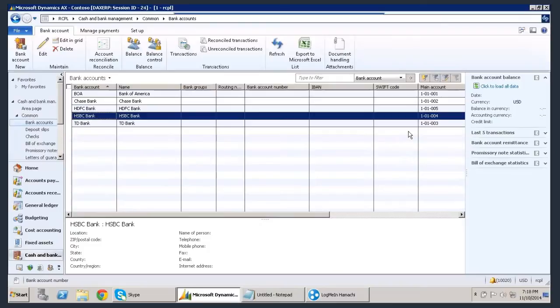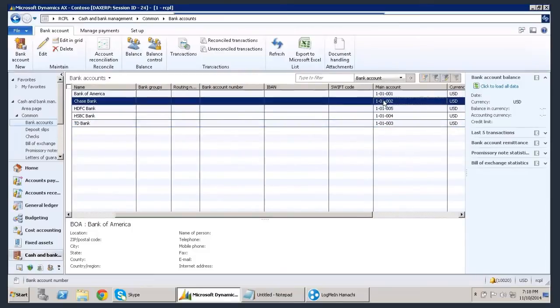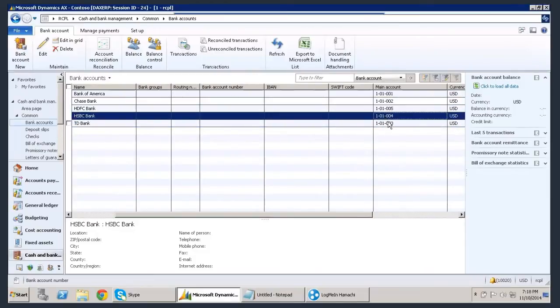Suppose HSBC Bank Montreal, HSBC Bank Toronto. You are going to create bank accounts separately, and you are going to create separate main accounts. Don't club only one main account to two different branches, because the bank balance of Montreal and the bank balance of Toronto will be different, and they are in no way dependent. Because these are the ledger accounts, they are going to represent balances of your banks in your balance sheet.